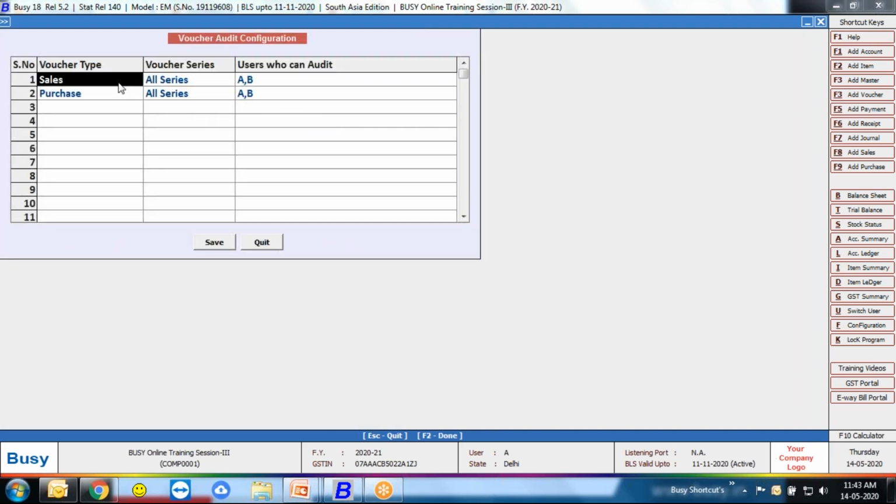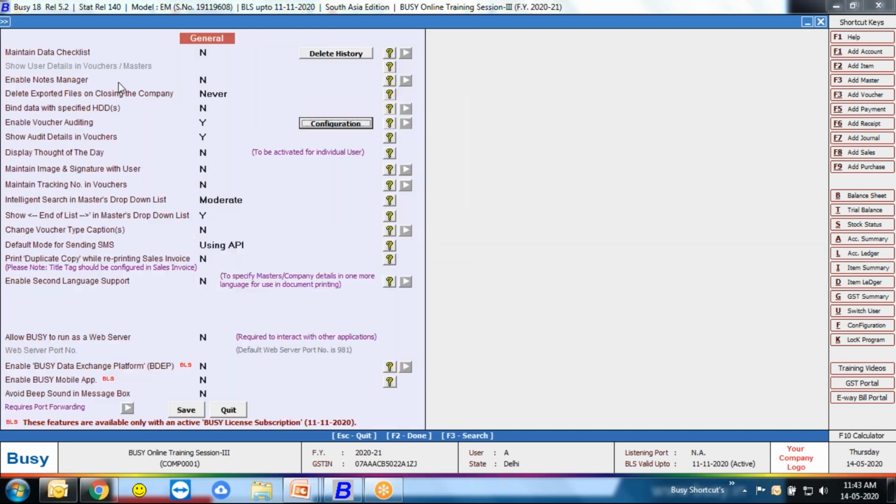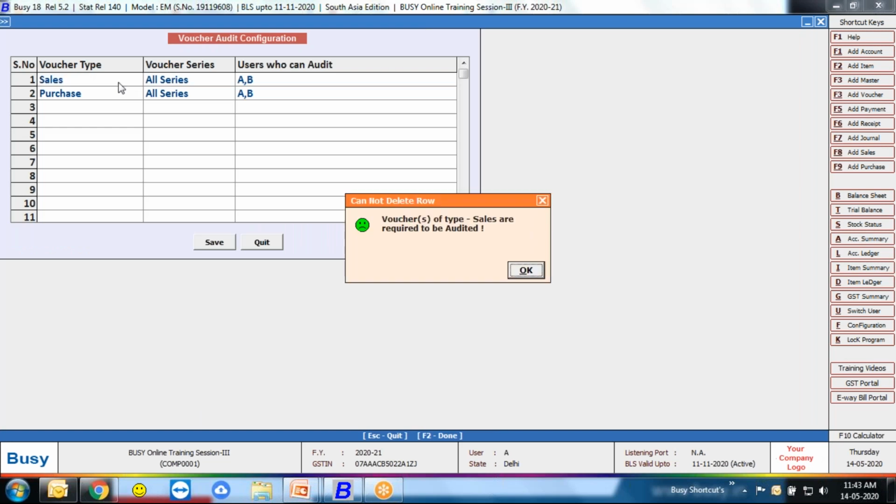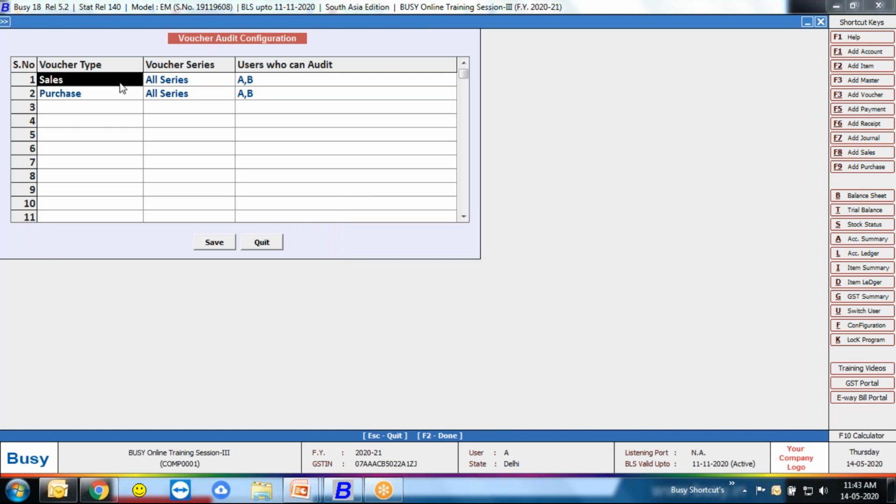Now there is an option where you need to select which type of vouchers you want to audit. I said sales voucher, in which series, all series.